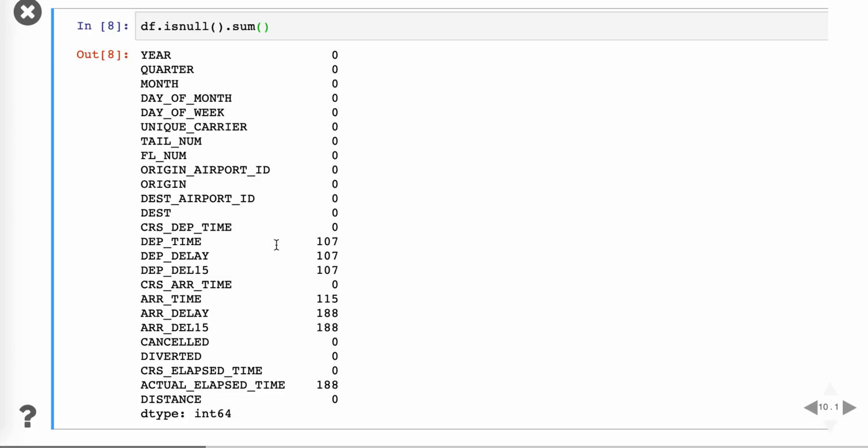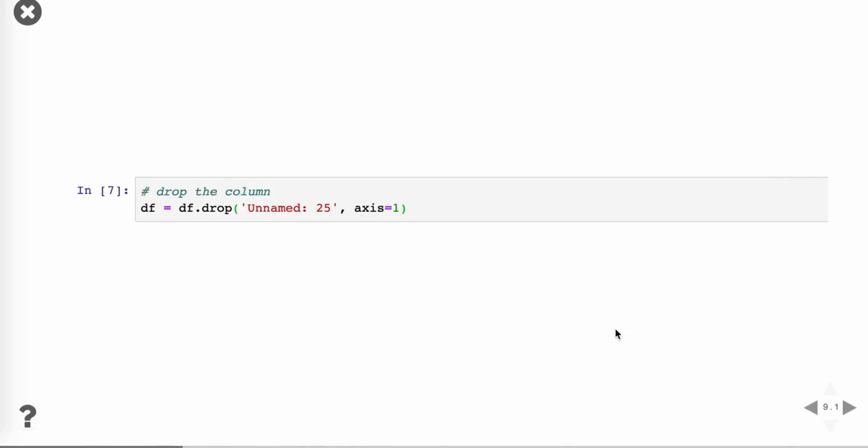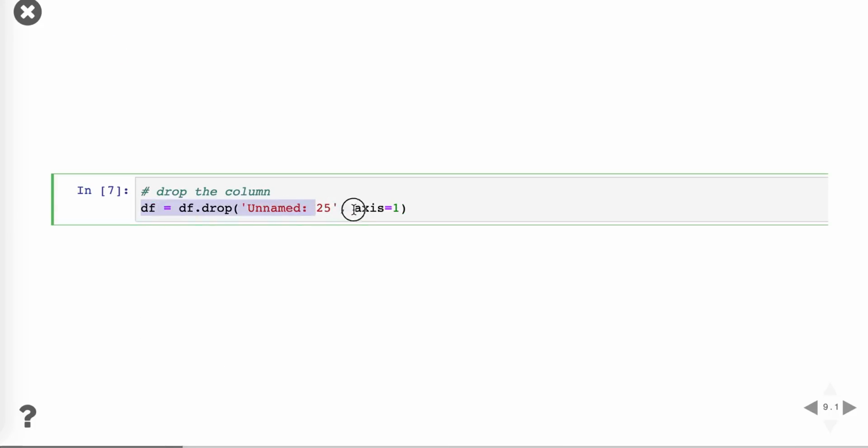So that is how we can delete the unwanted columns from our data set. So once again you can take a look at this one. This is a very simple method. We can say just df dot drop, column name and the axis. So again we're assigning it back to df.